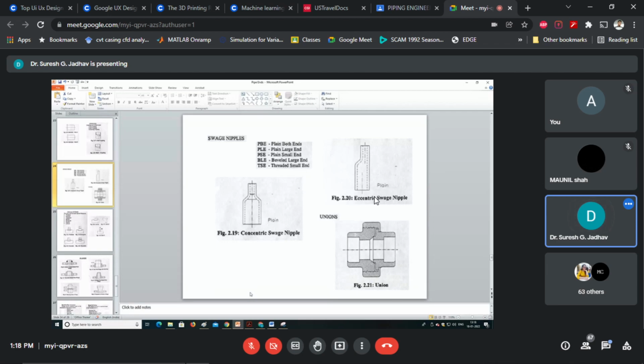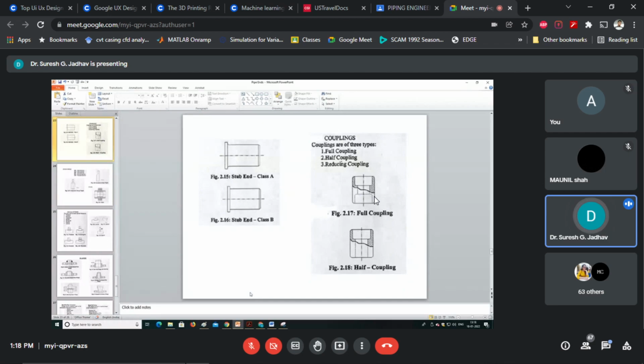So there are size restrictions for such services, which means we have to maintain the center lines of the pipes. Here we can use swage nipples for such services. And the size restriction for the surface, as per T fittings, two reducers. In T fittings,